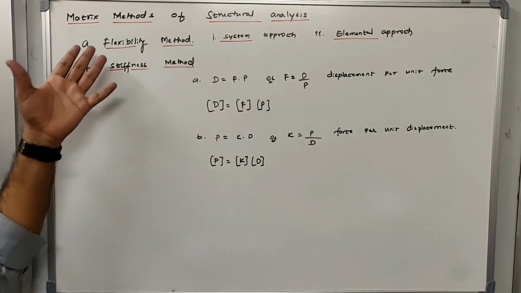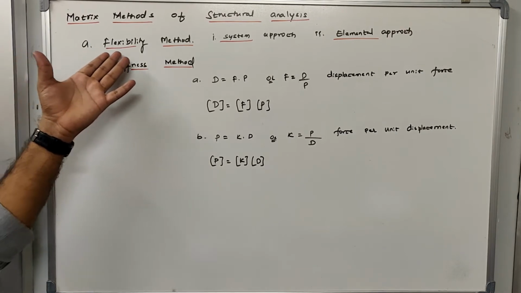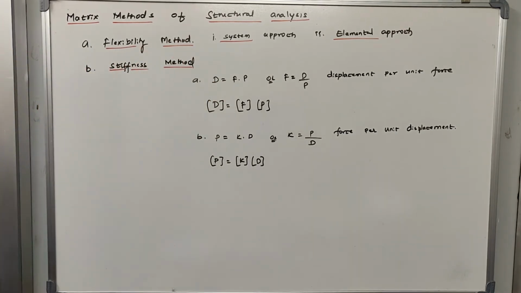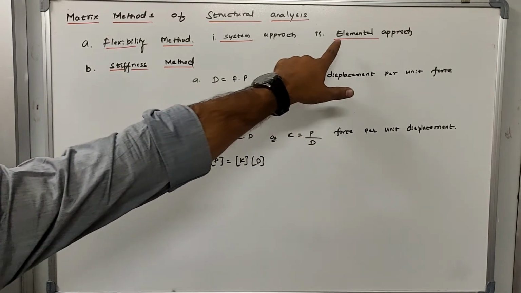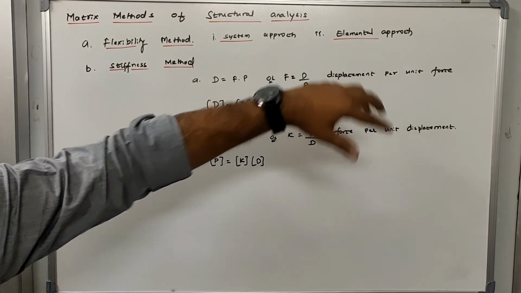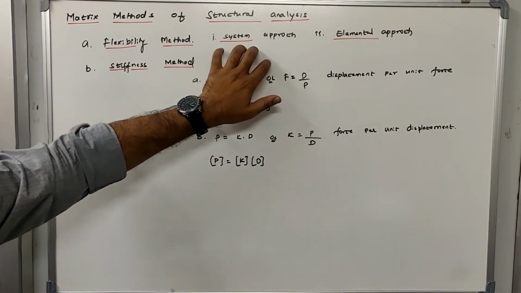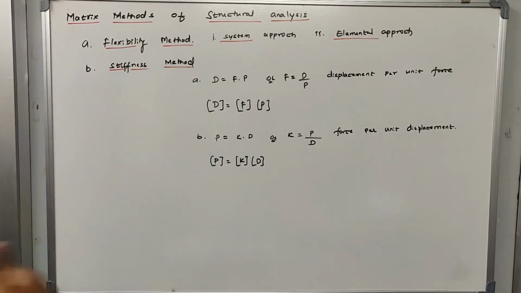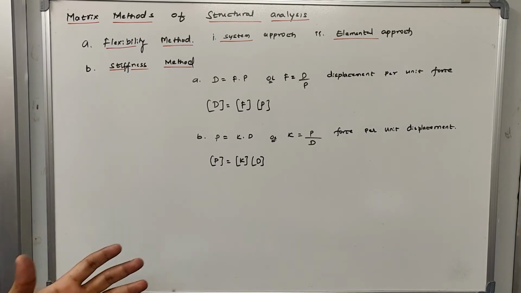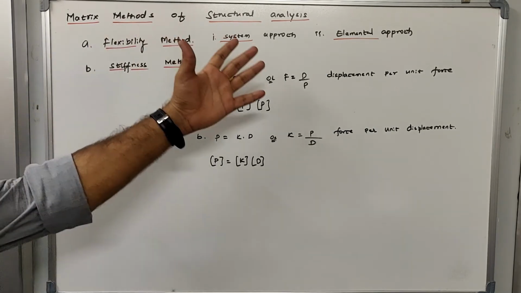In individual methods like flexibility and stiffness, we have two approaches. One approach is the elemental approach, where an individual element is used as an analysis component, where we are trying to determine the displacements, forces, moments and everything on an element. Then we will come to the global thing. In the system approach, we consider the whole structure and then try to solve. We have spoken in length about all of this.